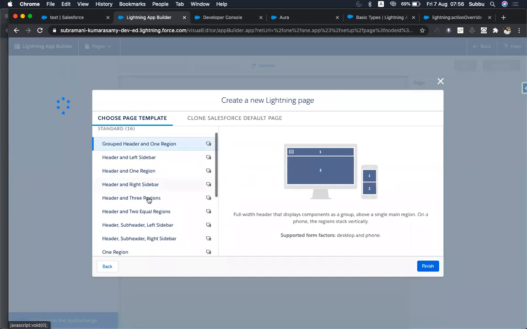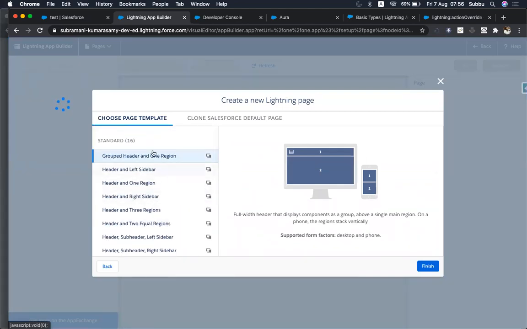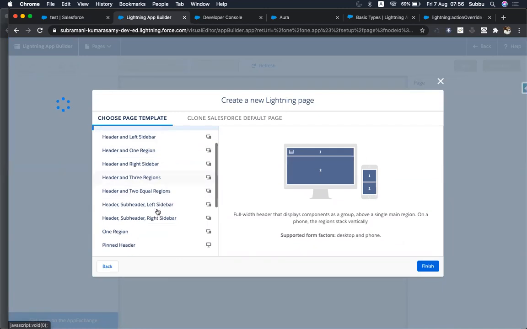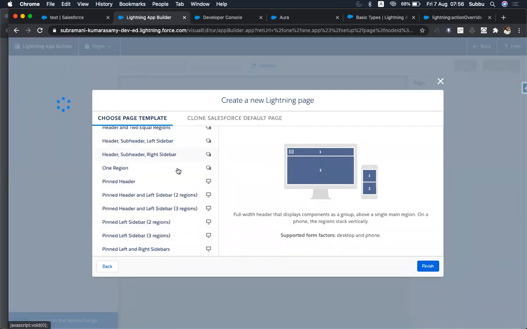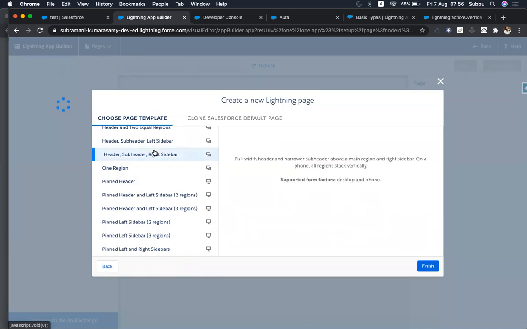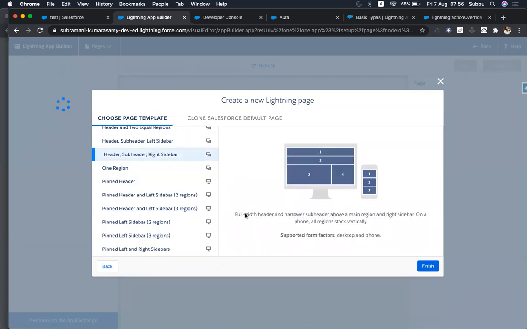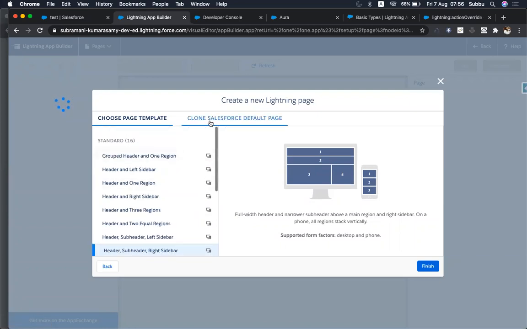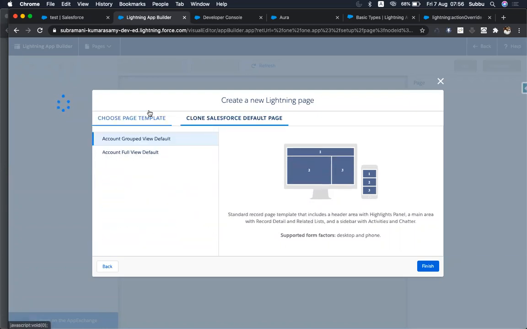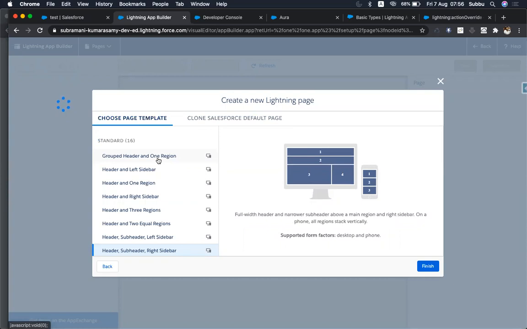See, we started it from here. So what are the sections which you need to select? How should the page look? Based on those sections, you will be selecting and you can create the page. And at the end, it will be asking you to assign it to the profiles, record types, or the org wide default. So based on that, you can assign your pages. When we activate it, that time it asks you to assign.